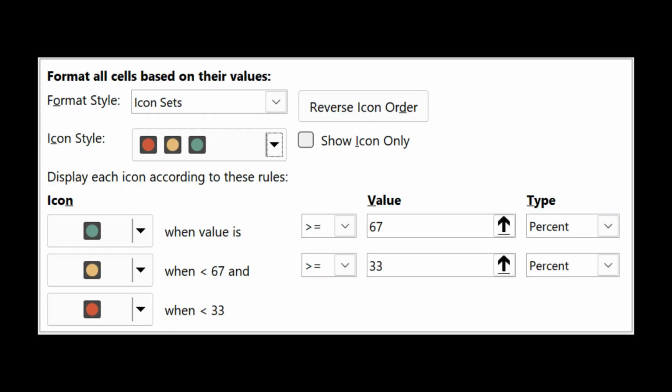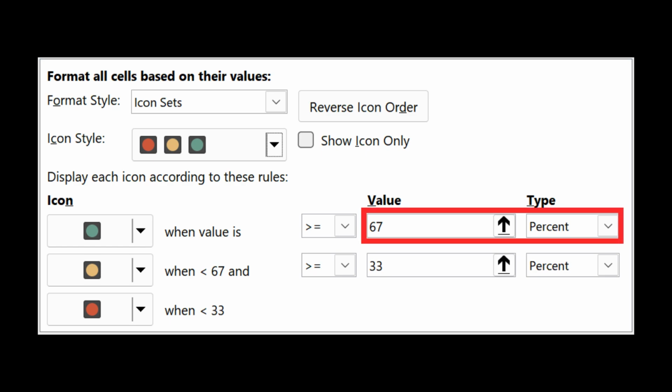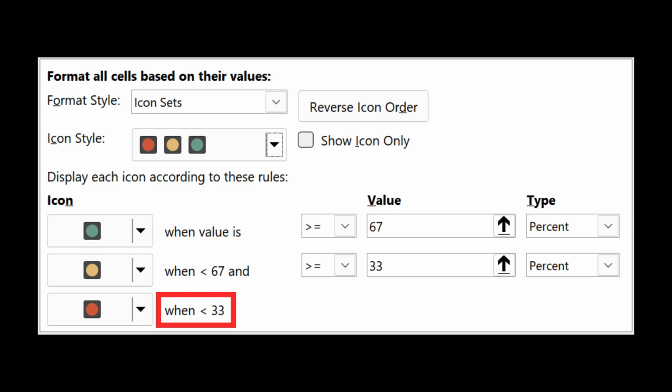I will now explain the formula that Excel uses to determine the color of the light icon. For the green light, the formula is adding minimum value to the sum of multiplication of specific percent of defined value by the difference between maximum and minimum value. From the formatting rule, note that specific percent of defined value are 67% and 33% respectively for green light and red light. And from data range, note that maximum value is